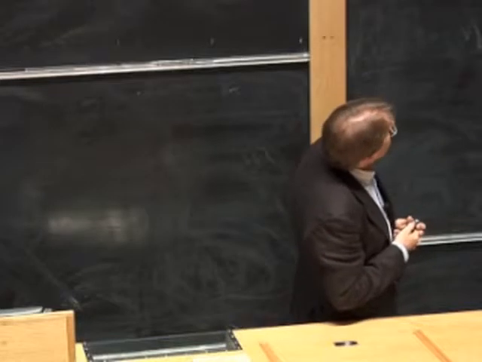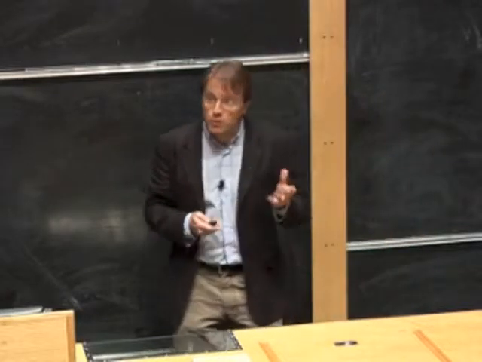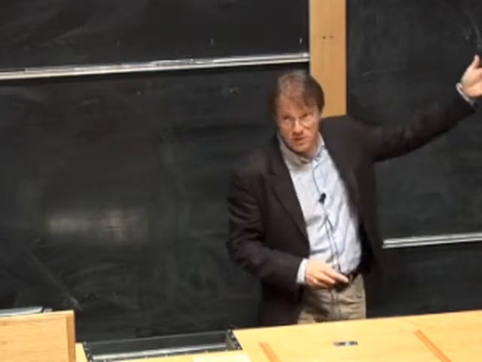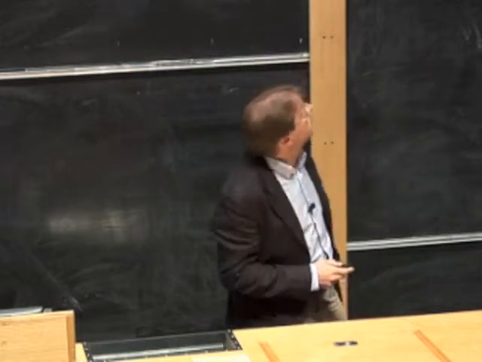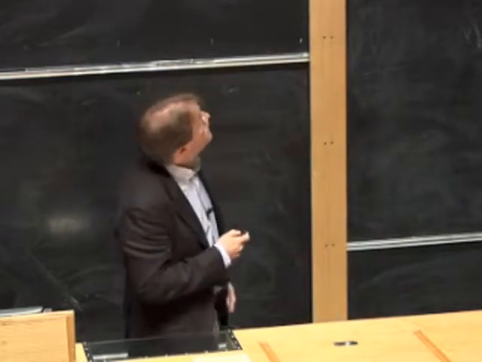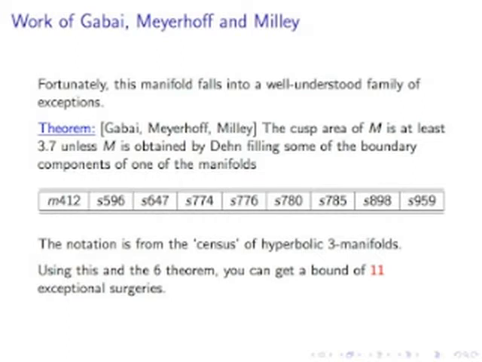Okay, so that was a serious problem. But fortunately, we know now that this example falls into a well-understood family of exceptions, which we can analyze separately. And this is as a consequence of work of Gabai, Meyerhoff, and Milley. So, as I said, they proved that the cusp area of M is at least 3.7. It was this improvement, unless M itself is obtained by Dehn filling something else, one of a finite list of manifolds. So here's a list of